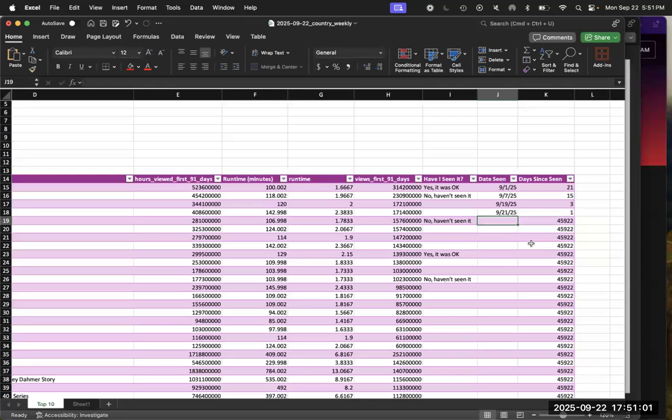Any questions, any formula issues? Could you retell the formula used for the day since then? Yes, exactly. So it's going to be equals